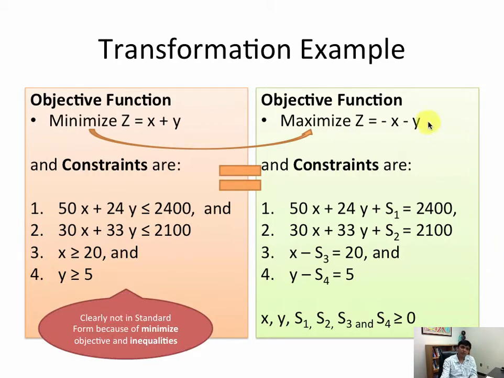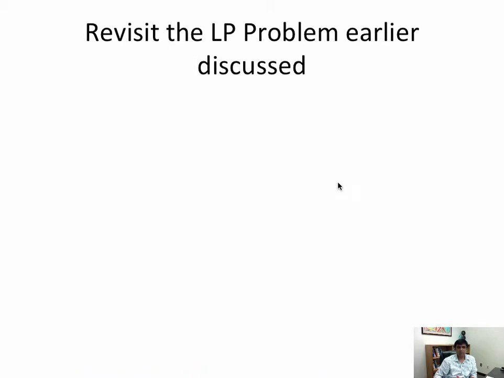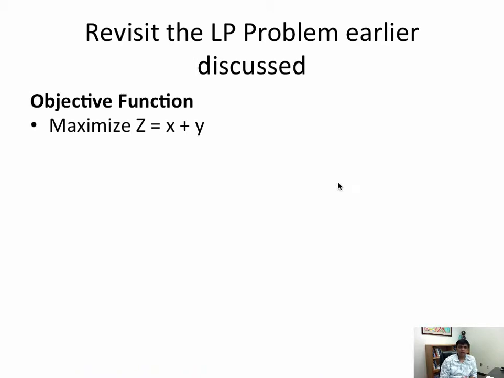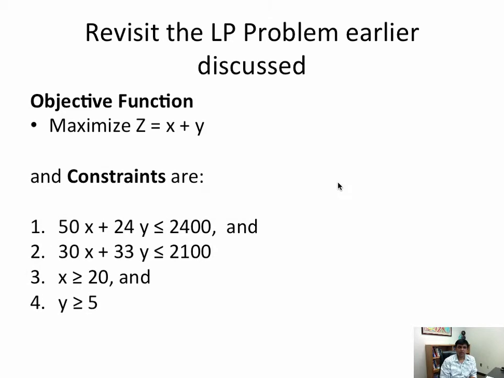So clearly we can see that the left side was the given problem and not in a standard form, and the right hand side is the same problem. It is now converted to our standard form. We will now visit an LP problem that we had discussed earlier and see how we convert that to our standard form. So we are given an objective function maximize z is equal to x plus y, and the